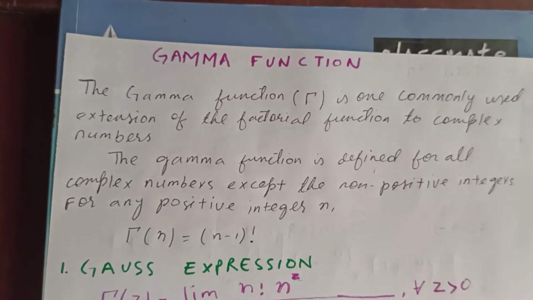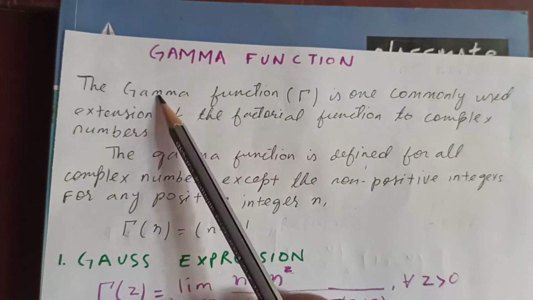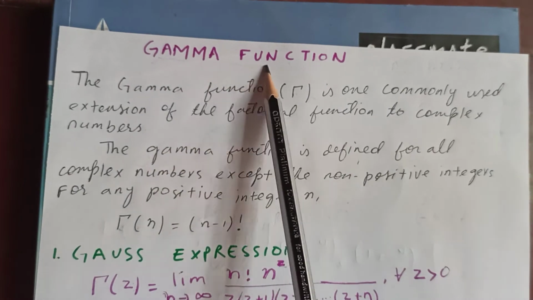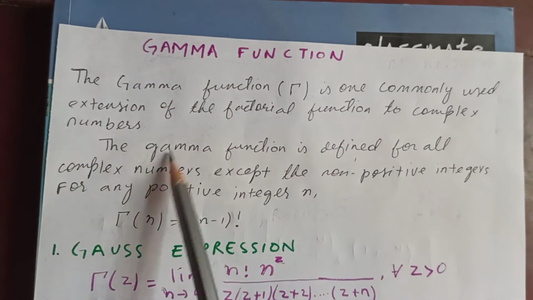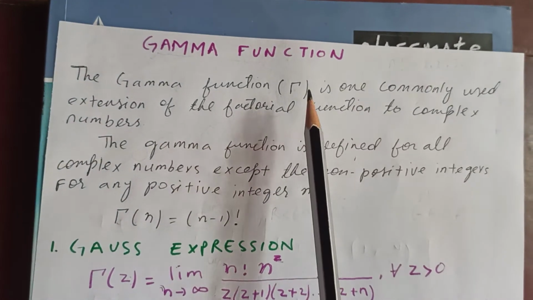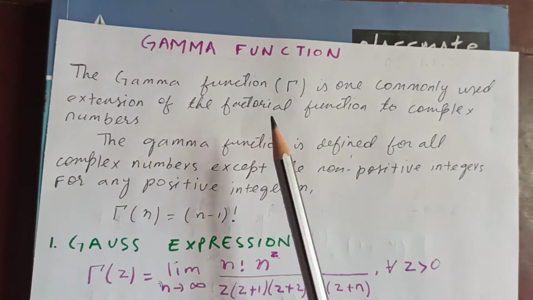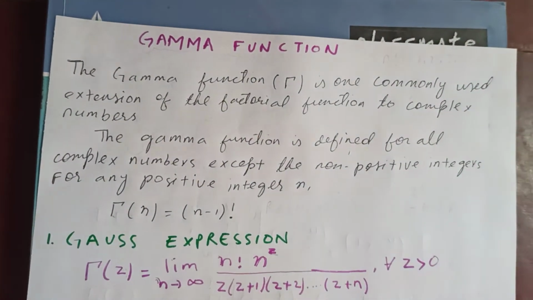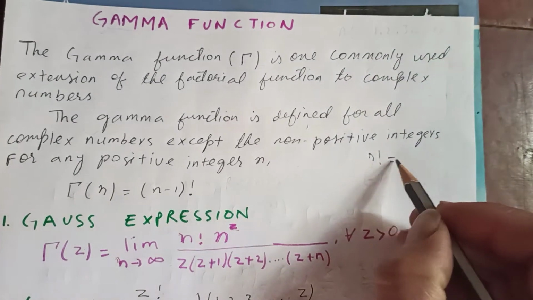Let's introduce a new function called the gamma function, which is also called the Euler integral of the second kind. The gamma function, represented by capital gamma, is one commonly used extension of the factorial function to a complex number. Meaning, we know that for the factorial function,